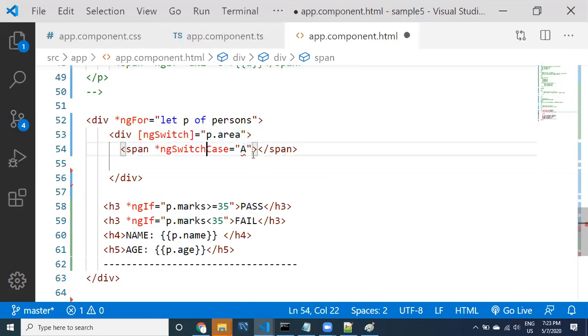Whenever we are providing like this, make sure that if you provide it directly, it looks for the property inside the component. That's why provide single quotes. You have to be very careful here. Why? Because I have provided single quotes, I'm providing directly a string.